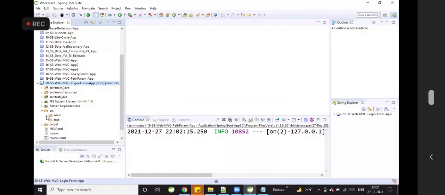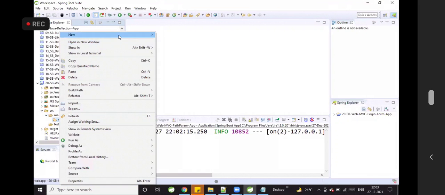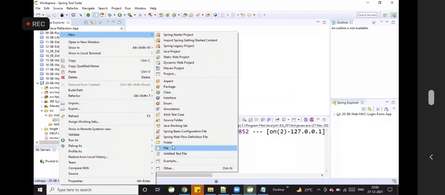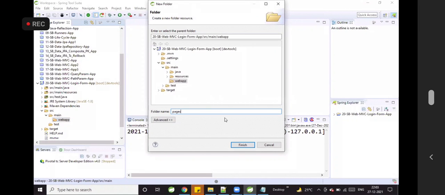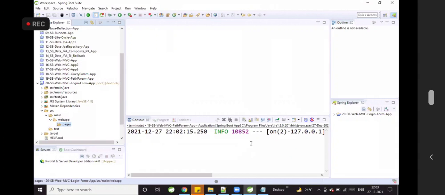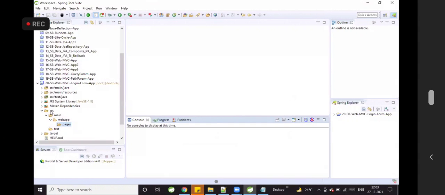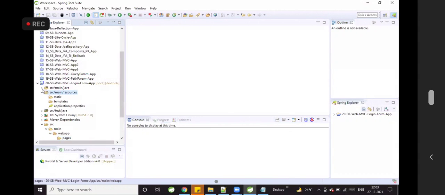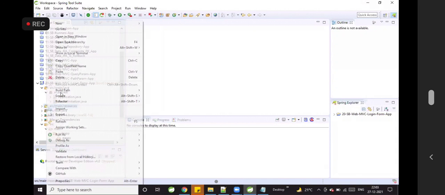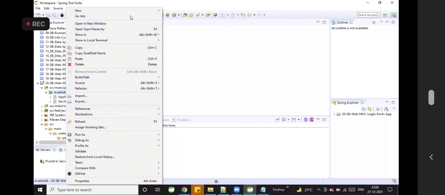Now for presentation files, I'm going to create one folder with a name called pages. Right. Now, let me create one controller class.